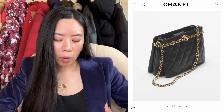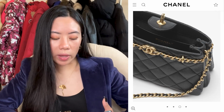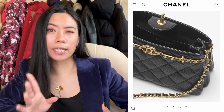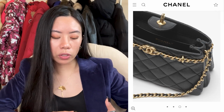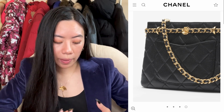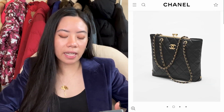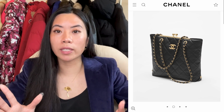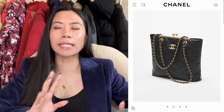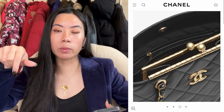There's another small shopping bag with the accordion flaps. This one's just okay. It kind of reminds me of the Celine Trio that used to be really popular. Another shopping bag, it's kind of interesting. I feel like there's a lot of retro detailing in this collection, and literally everywhere in the fashion world there's so many retro, like 70s or 90s, detailing now, and this shopping bag kind of reminds me of the class